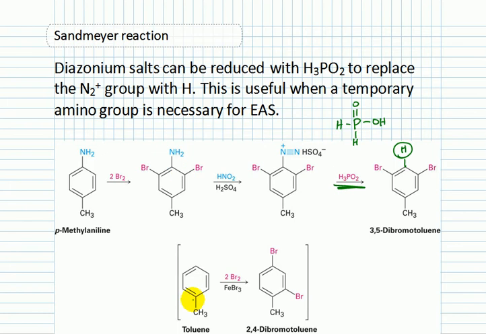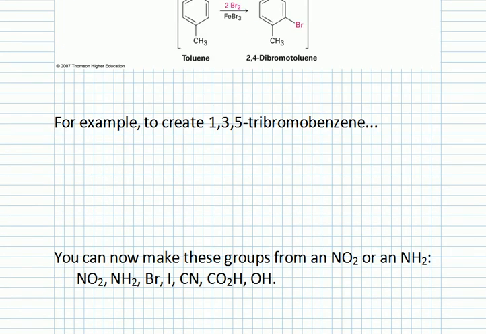The problem with just having toluene with bromination is that methyl is a weak ortho-para director. We get some ortho, we get some para to the methyl group, right? If we wanted them meta to the methyl group, what we do is use the NH2 as a temporary directing group and then remove it with this H3PO2. Another example, if I want to make